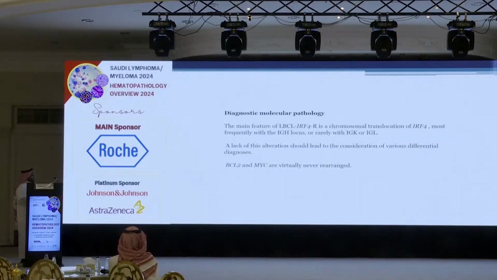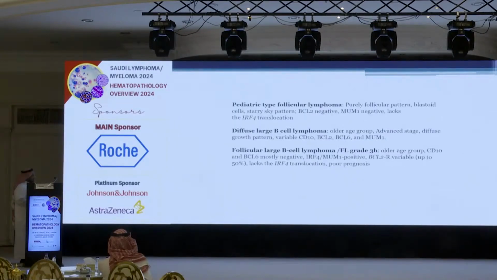So the diagnostic molecular pathology for these cases is the presence of the IRF4 gene rearrangement, which usually involves the IGH locus. However, it has been reported with IG kappa and IG lambda. And BCL2 and MYC rearrangement usually doesn't appear in those patients. The main differential diagnosis is the pediatric-type follicular lymphoma, and this is an important differential because pediatric-type follicular lymphoma